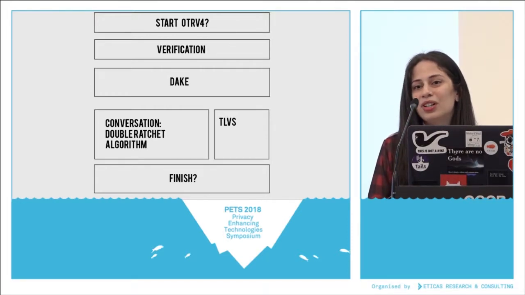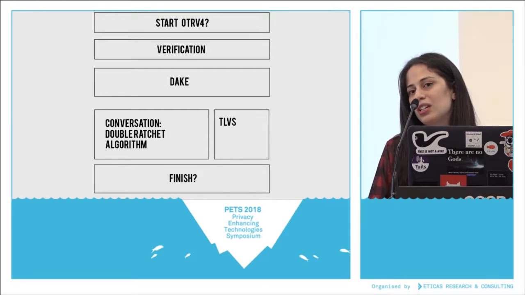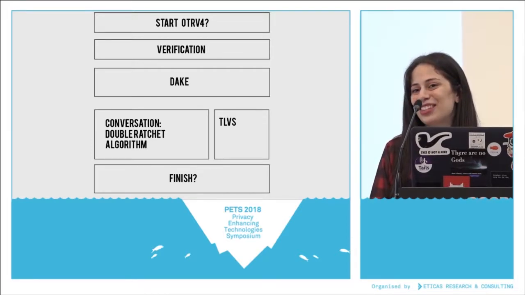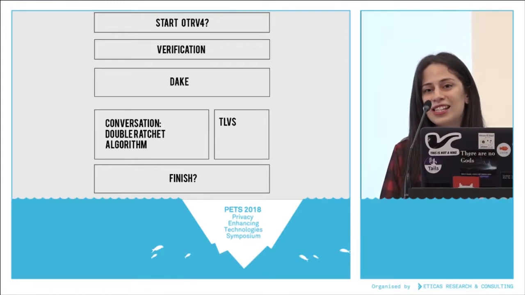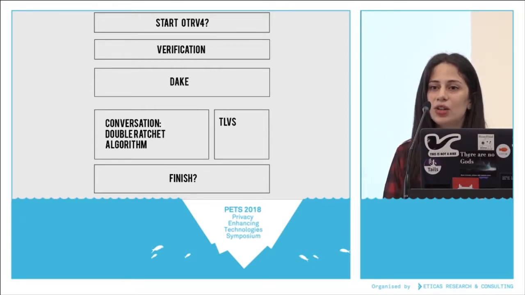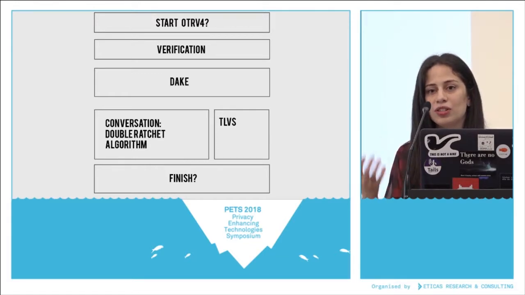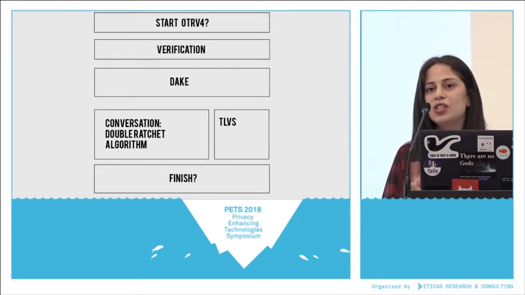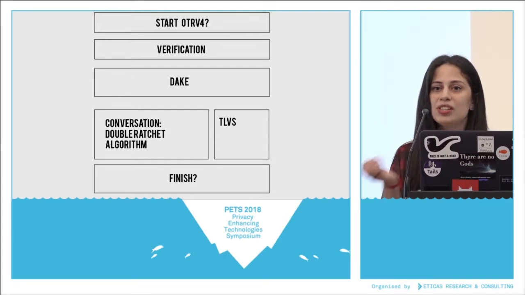After that, you can verify the fingerprints of the party by doing a manual fingerprint verification, for example. Then the deniable authenticated key exchange starts, and why does this start? Because we need to generate a shared secret in order to start the double ratchet algorithm. And we also need to really know that we're talking with the participant that we want to talk to, but no one else should be able to know that you're talking exactly to that person. Only the people that are having the conversation and that are doing the AKE are the people that know that you are talking to the right person, but anybody outside doesn't know this fact.